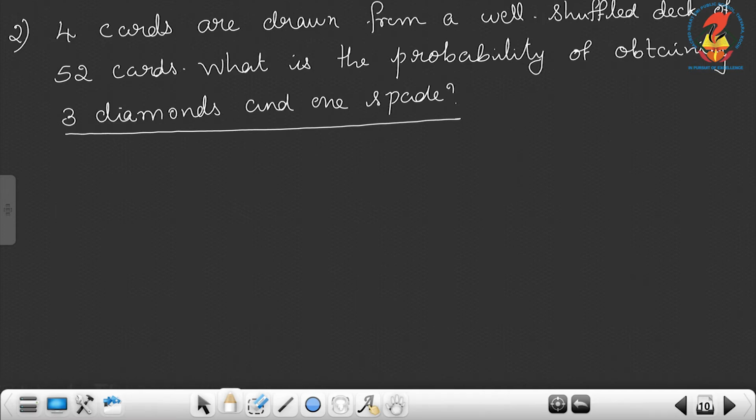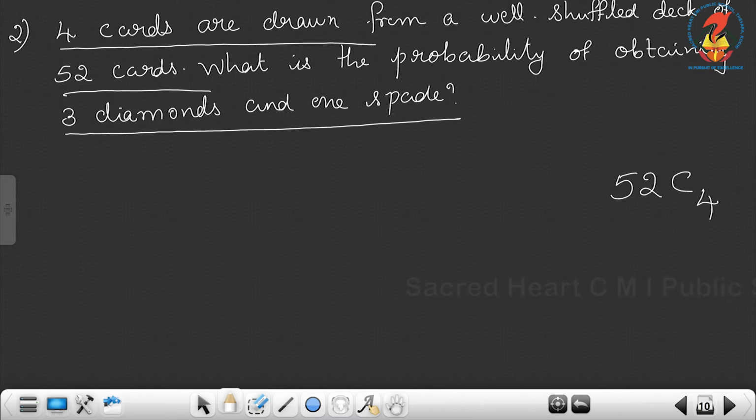The denominator is 4 cards drawn from 52 cards. Okay. So, from 52 we are taking 4 cards. So how to write that? From 52 taking 4: 52 C4 is the denominator part. Okay. Then the numerator. So required probability is equal to,